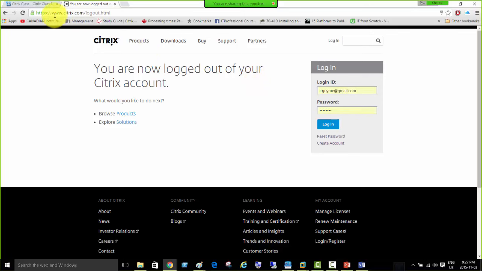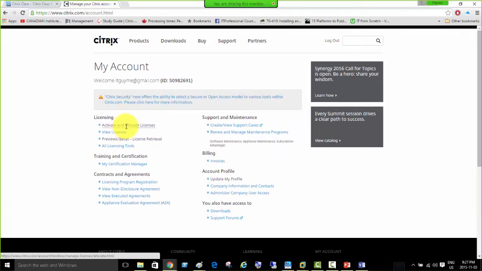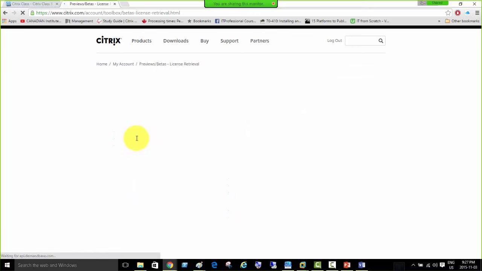Okay, so Citrix.com. When you type mycitrix.com, that's just going to take you here. Then log in or create your new account here, a free account, and just give all the information of your account. So then log in. Once you log in, you will be going to the previews and betas license retrieval, to this area, right? Once you go to this area, previews and betas license retrieval, then